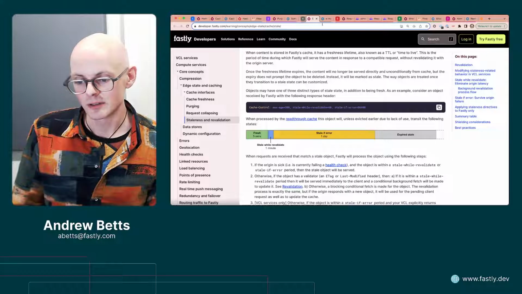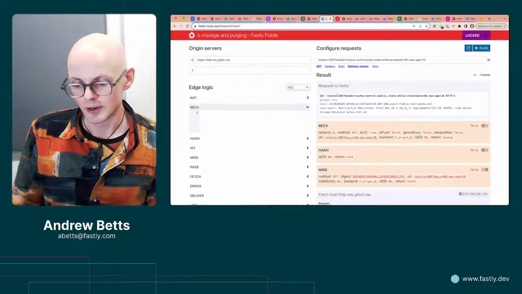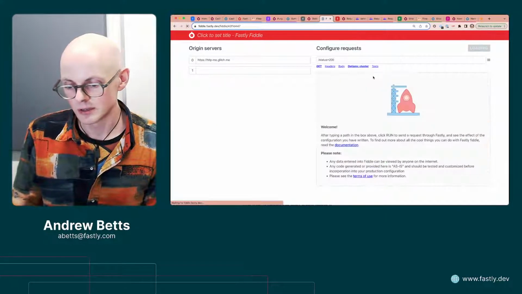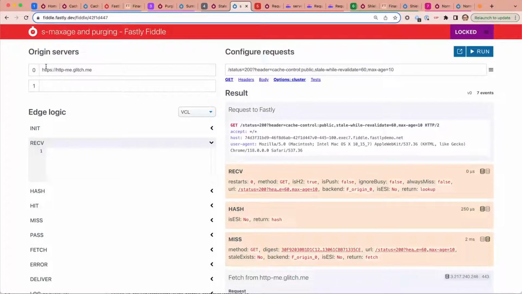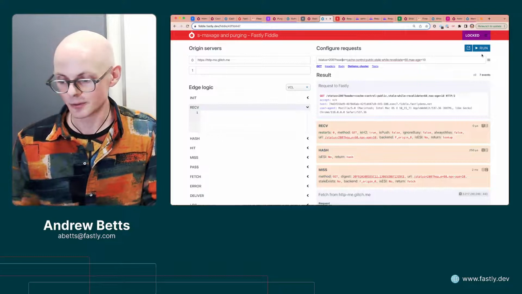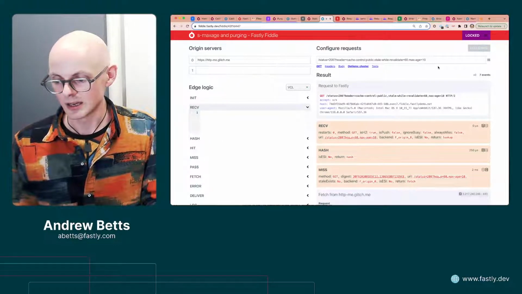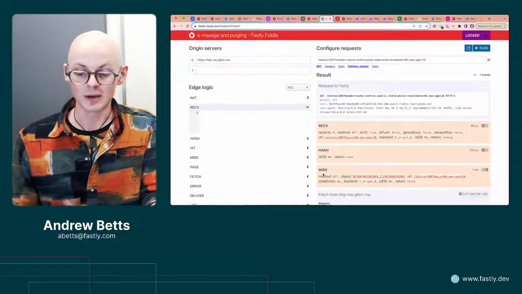Now, we have a little demo here of this behavior as well. So let me rerun this. What I'm doing here, again, is exactly the same origin, no configuration, exactly the default Fastly behavior. I'm asking my origin server to give me a 200 response with a cache control header that says stale-while-revalidate 60, max-age 10. Now, what this means is that for the first request, which I'm actually just going to run again, I will see a miss